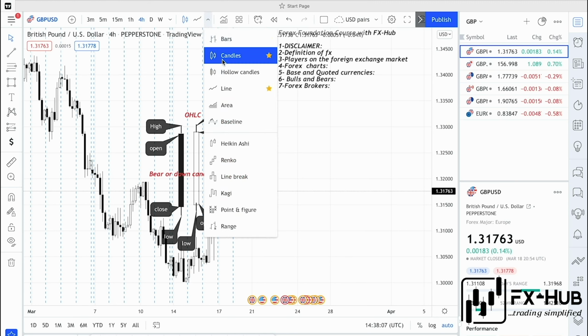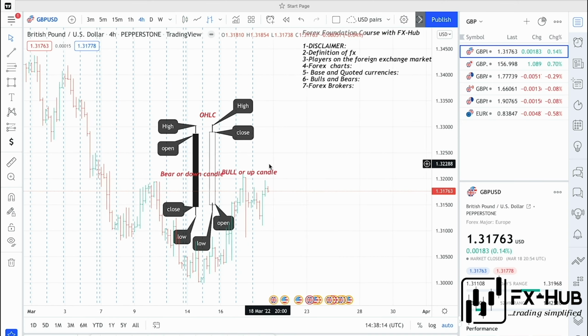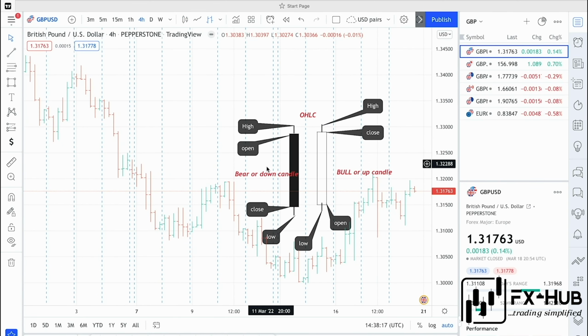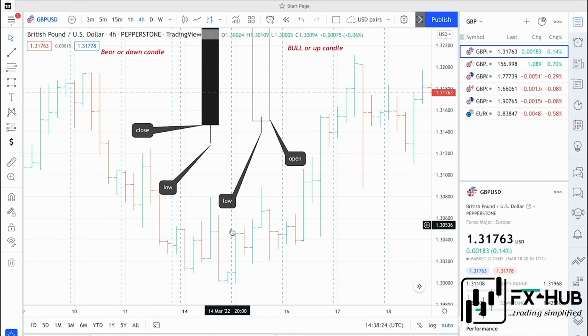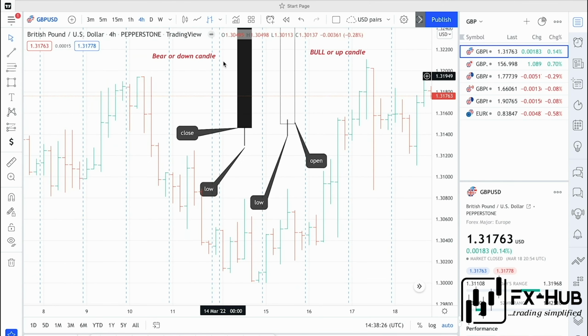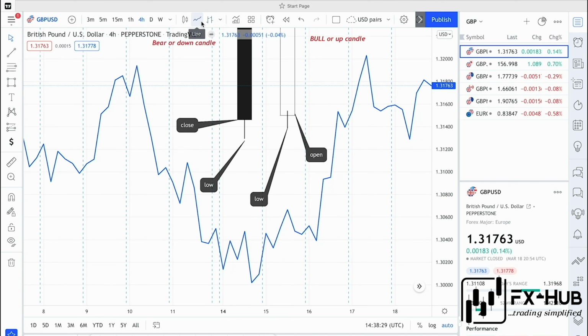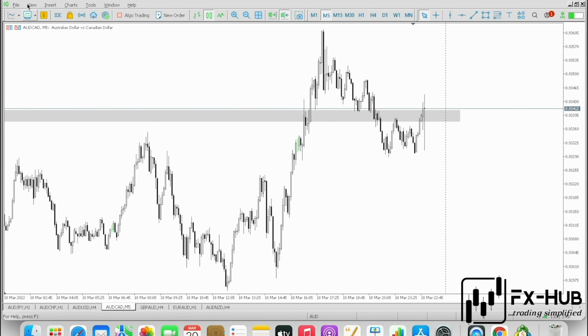I'm currently on TradingView. If you move this on TradingView, you have various representations of chart you can choose from. I can choose it to be a bar chart. So this is currently a bar chart. When you see the green one, it means the market is rising, and when you see the red one, it means the market is going down. And on TradingView you usually have a line chart. A line chart is just the representation of the closing prices of the day or the time frame you are on.